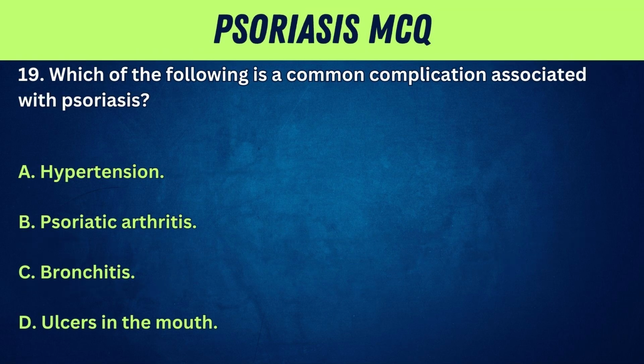19. Which of the following is a common complication associated with psoriasis? A. Hypertension. B. Psoriatic arthritis. C. Bronchitis. D. Ulcers in the mouth. Answer: